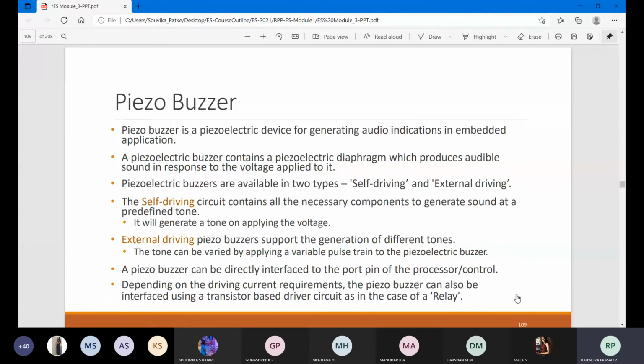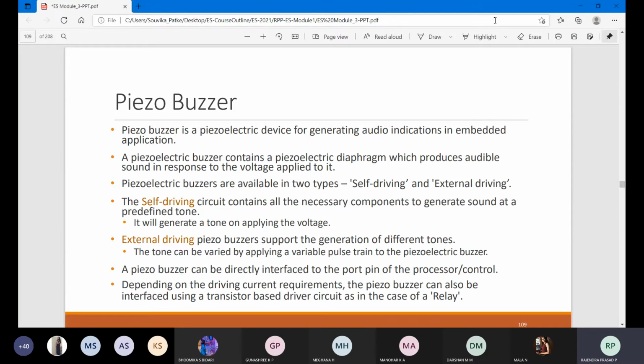What is the use of this buzzer? Sir, LED we are able to see, so why do you want sound also, right? You observe during night time, no matter how hard you brake, the other person in front of you will not be able to hear that. So at night they will do dip and dip, right? By this indication you will come to know that some vehicle is moving. During daytime you do dip and dip, it is not possible. So during that time you are going to use the voice thing, which is a buzzer.